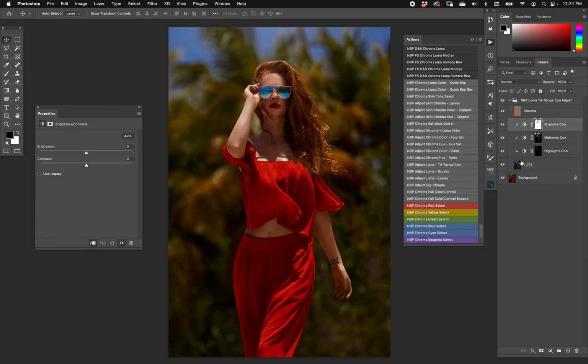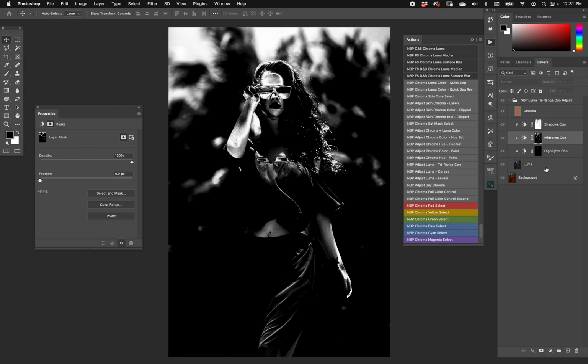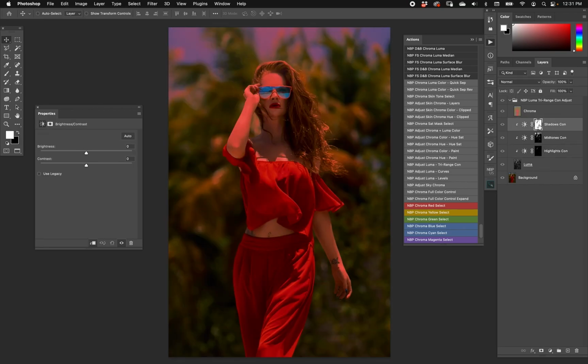Now let's look at what we have. We have 3 different layers, and they're all brightness and contrast. So if I hold down Option or Alt and look at the mask, this is the shadows, mid-range, and highlights, okay? So it's pretty straightforward. I can turn that off. I can come here to the shadows, and I can increase the contrast of just the shadows. I can go to the highlights, and I can brighten them. And the mid-range, I can take the contrast down for whatever reason, okay? So it went from that to that,